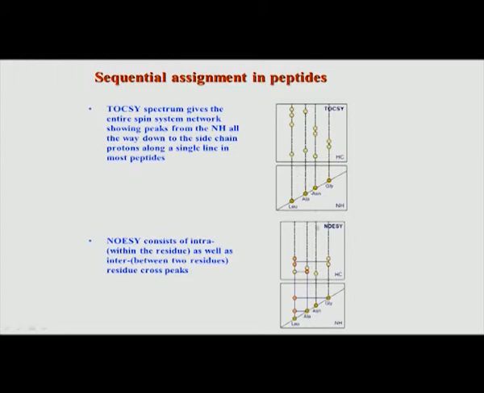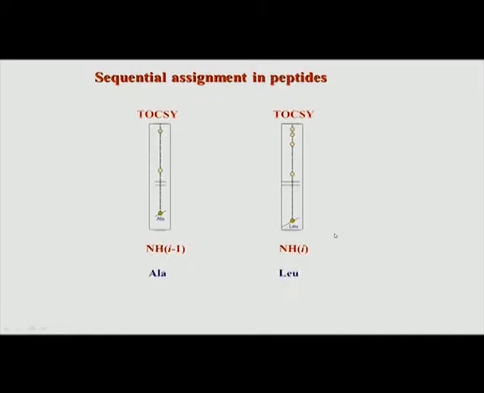So, right now let us not focus on this, we will come back to this at a later point. So, this is basically how do we assign the sequential peaks. You can see here, for example, you have a TOCSY peak which is showing for alanine, you have alpha and beta protons, and let us say you have a leucine. So, now I am looking at a dipeptide. When you look at a dipeptide region of an amino acid, what are we going to see?